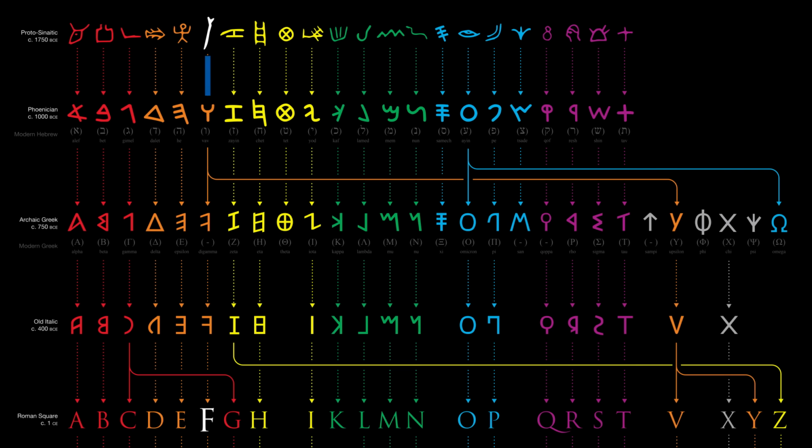But when the Greeks adopted the alphabet from the Phoenicians, they split this one letter into 2. They called the original letter digamma because for them it looked similar to gamma, but had an extra line. Hence, it was a double gamma, or digamma. It was eventually dropped from the Greek alphabet, but it stayed on in the Latin alphabet and became our letter F. But the Greeks also added a slightly different version of the digamma to the end of their alphabet and called it upsilon. Remember that the Greeks added vowels to the alphabet, and this letter was one of their vowels, something close to what we call the vowel U.